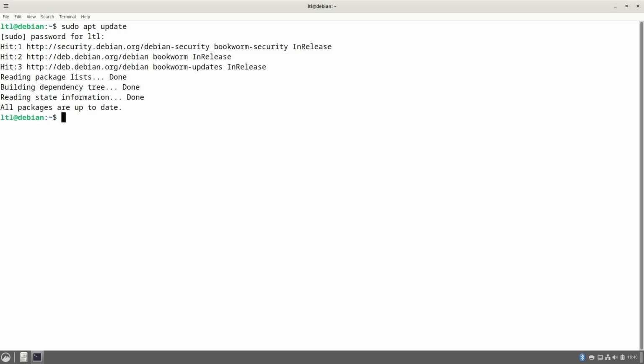Everything else is downloaded from the internet, so it's already going to push the latest updates to you. You are automatically downloading the latest packages of everything. That's why we're not seeing any updates here. Okay, so the first thing we're going to want to do